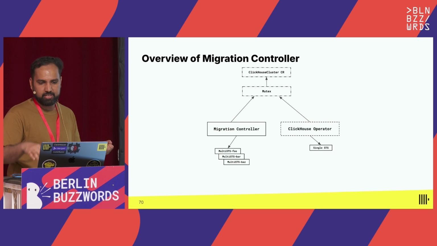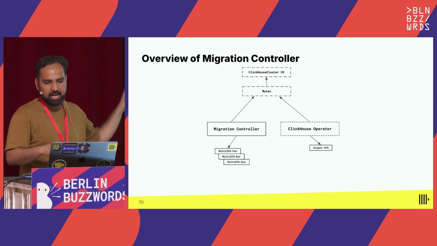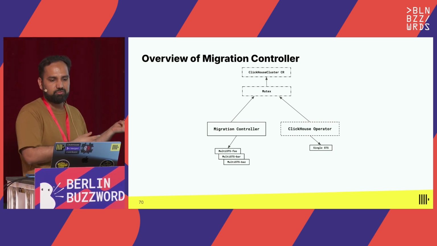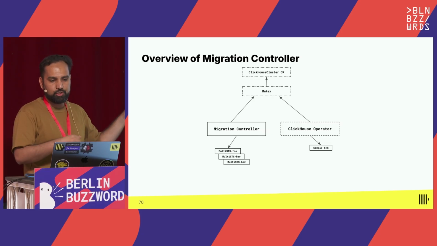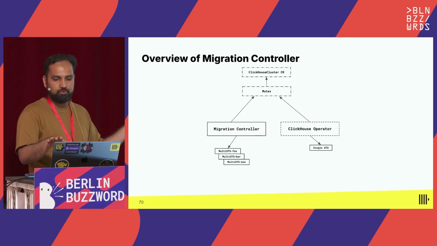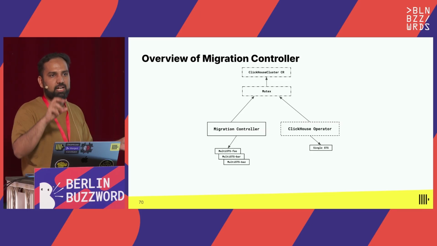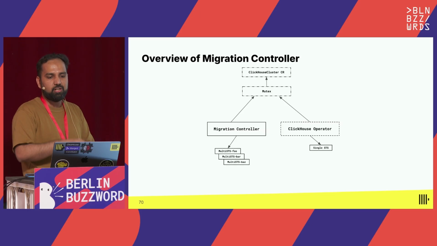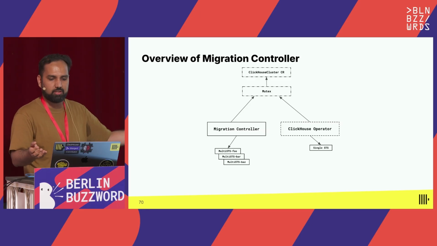And then what you do is, after that mutex is in place, you just hand over the responsibility during the presence of the migration to this controller, which is going to be adding those multi-StatefulSet replicas, and then removing the single STS. And now, after the mixed mode is done, you're in this secondary mode of operation, which is this multi-STS mode, and then you hand control back to the original ClickHouse operator.